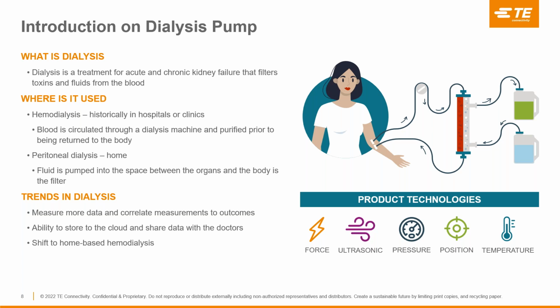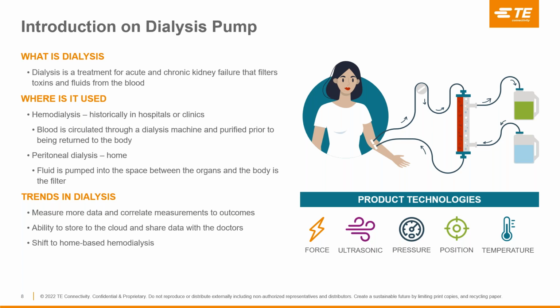clinic, or a hospital. Peritoneal dialysis, by contrast, instead of being purified in a machine, there's actually fluid pumped into a space around the organs in the abdomen, which is called the peritoneum, and the body itself is used as the filter media. This is typically a treatment that's done at home, and it's performed overnight, usually taking about 8 hours. So, you may ask what drives the choice, and oftentimes it's proximity to the clinic and flexibility of the